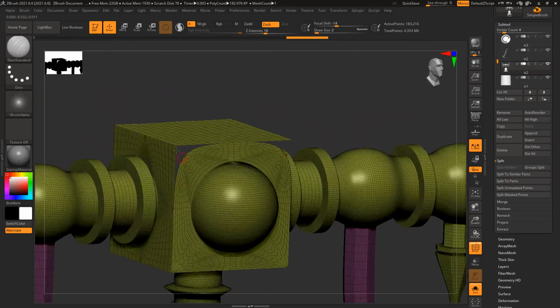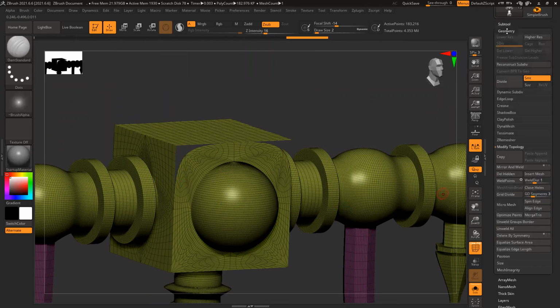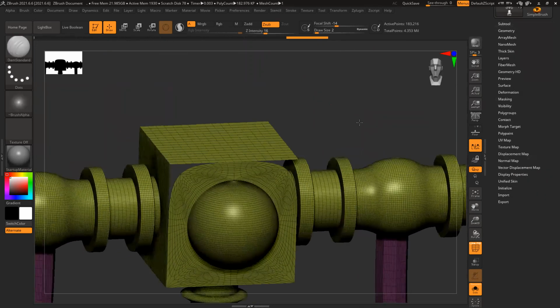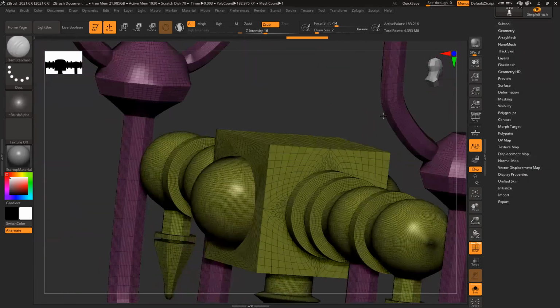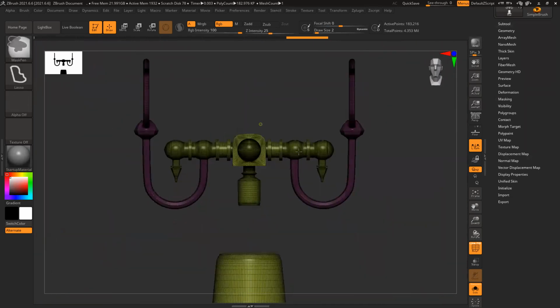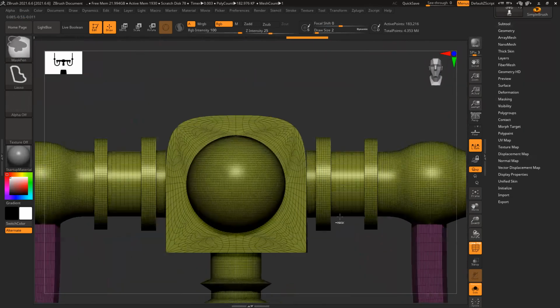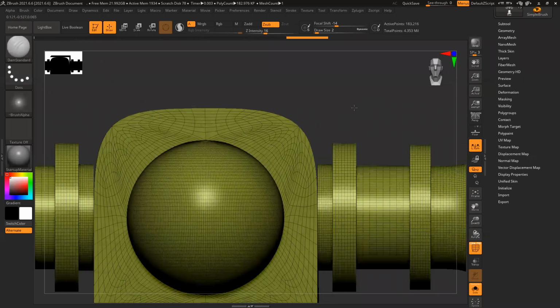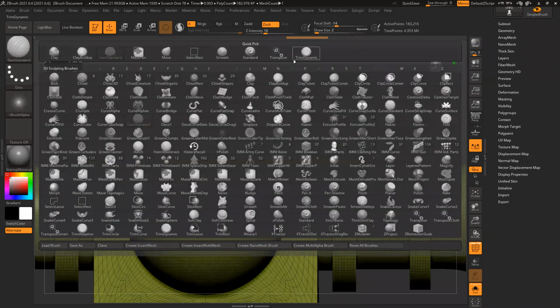So here I can see there is an issue in the model. That part is not welded together properly. Go to modify topology.